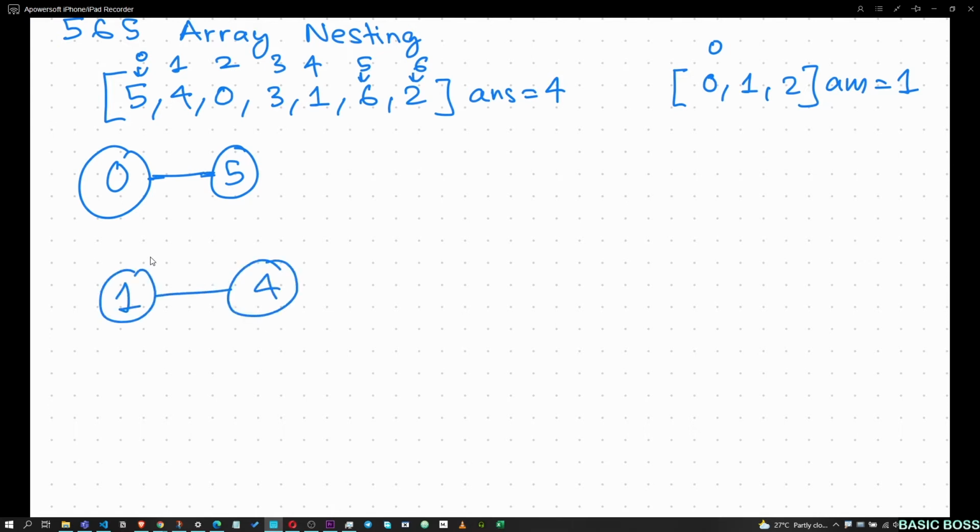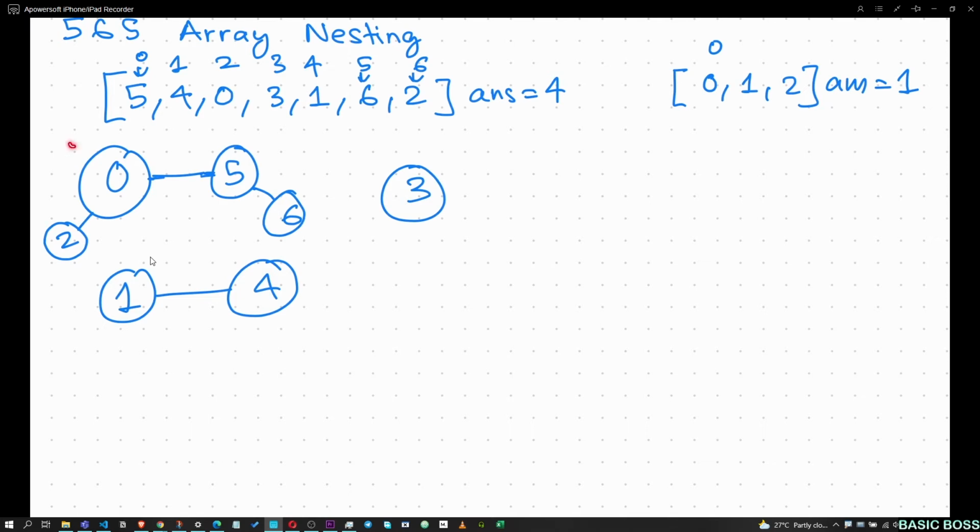Okay, fine. Then you have 2 and 0, so you do a union of 2 and 0. Let me take the 2 node over here, and you do a union of 2 and 0. And then you have 3 and 3, so it will remain the same, individually. Then you have 4 and 1. As you have already done the union, no need of doing a union again. Then you have 5 and 6, so you did 5 and 6. And for 6 and 2, you can see that 6 and 2 belong to the same set, so no need to do the union. In the union function itself, it's done.